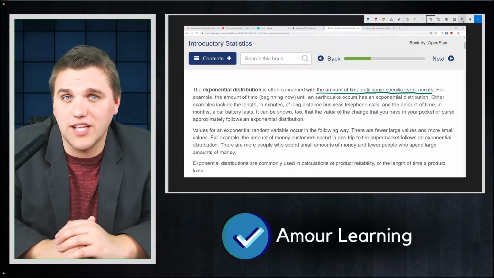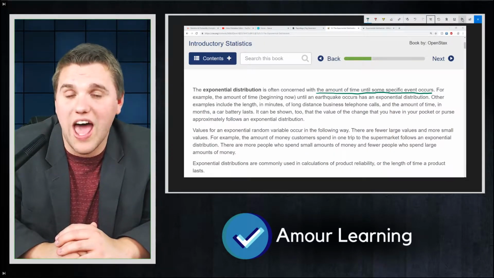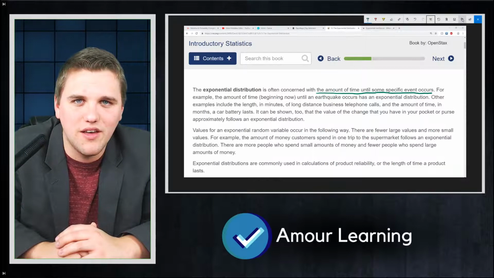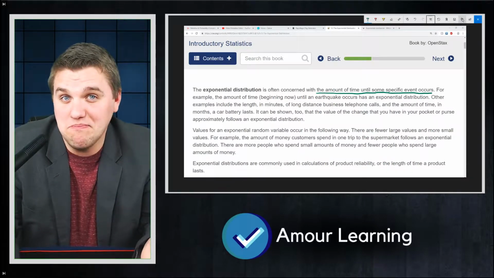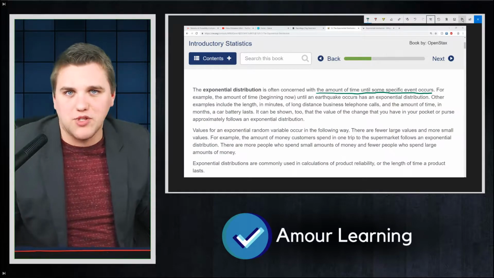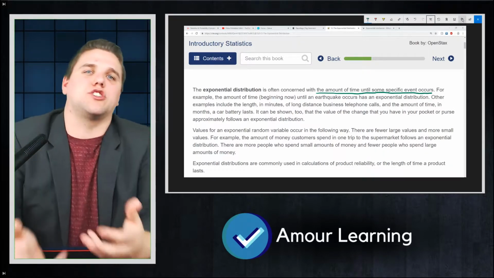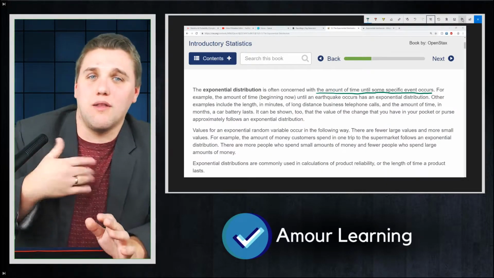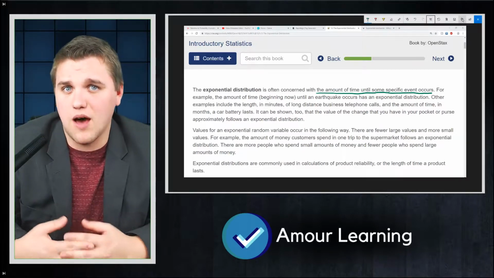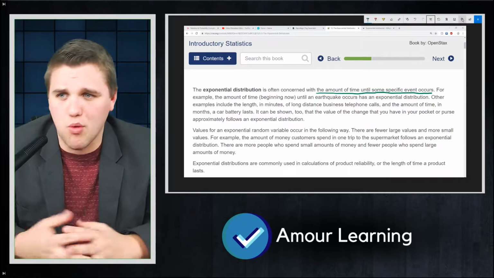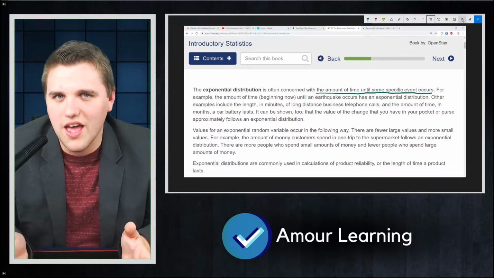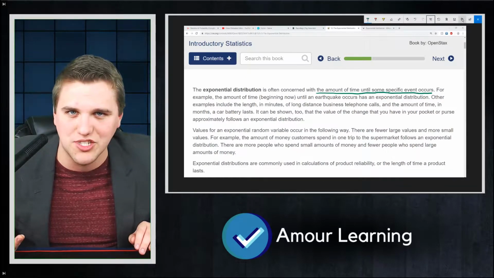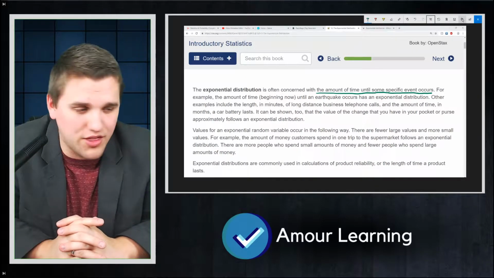Now, to give you another example, consider a light bulb. A light bulb can burn out at any point in time. Typically, they burn out after about a year, and it really depends on what light bulb you have. But they could burn out in a day. They could burn out after like 3 years. Some light bulbs you can get lucky with. And that's what the exponential distribution can help explain. Only a very small amount of the time will a light bulb burn out within the first month. Some of them will burn out within 2 months, and some of them will burn out after 3 months of use, and so on. The idea is the longer you wait, the more likely the light bulb is going to burn out pretty soon.